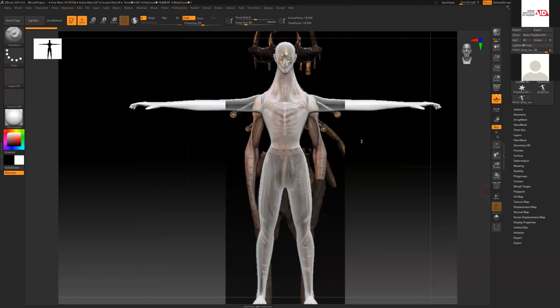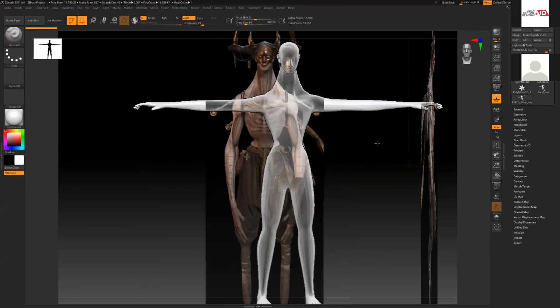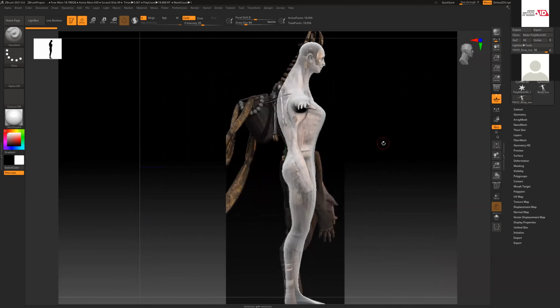So currently, yesterday I was trying to block out the basic structure. Sir, I use the image reference and I'm doing it with an image plane. You used the image plane, same thing, like a see-through or image plane. It is okay right now. Blocking is just a basic structure, nothing wrong or right.